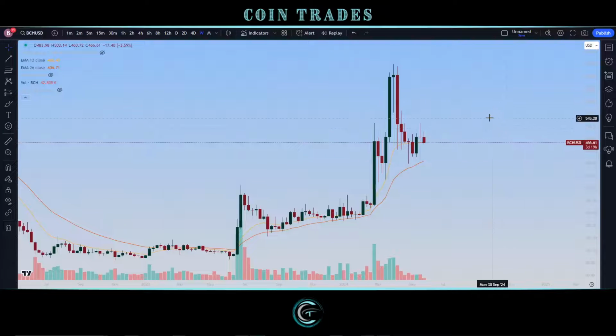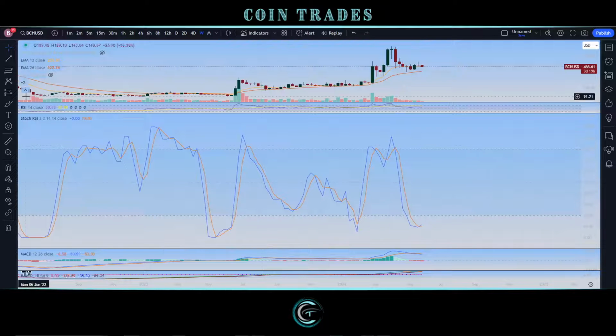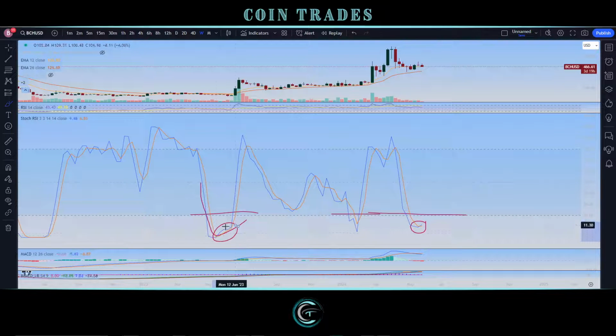Now, I want to pull up some technical indicators, specifically stochastic RSI here, because I do want to look at how we are below the 20 line right now, getting a little bit of this nice bullish cross. And if you can see, the last couple of times that we saw this stochastic RSI below the 20 line, had a nice bullish cross, and then finally got back above the 20 line, we had a very nice upside pump and move. So like we looked at previously, as well as this last time, it crossed above the 20 line,